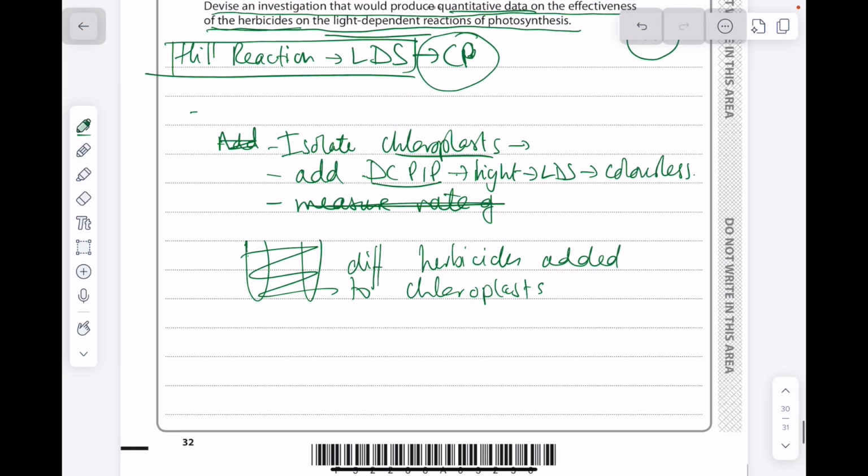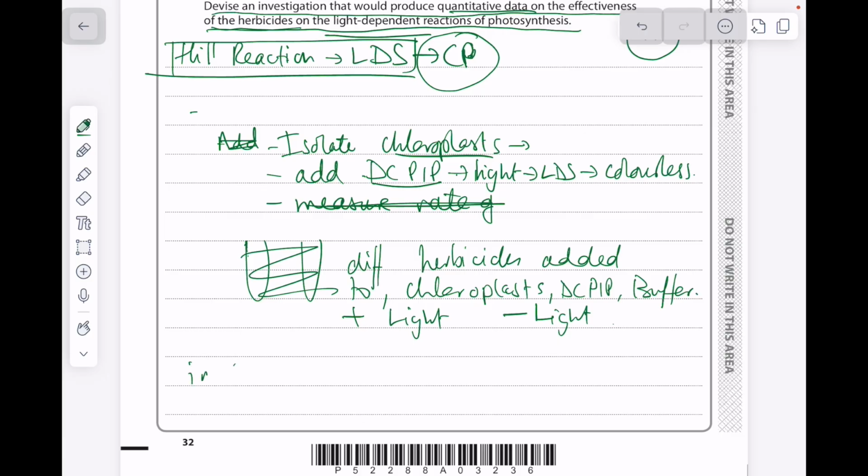So different herbicides added to tubes that contain chloroplasts, DCPIP, and our buffer. Okay, in the presence of light, and then in the absence of light as controls. Right, and then what we could do is at timed intervals